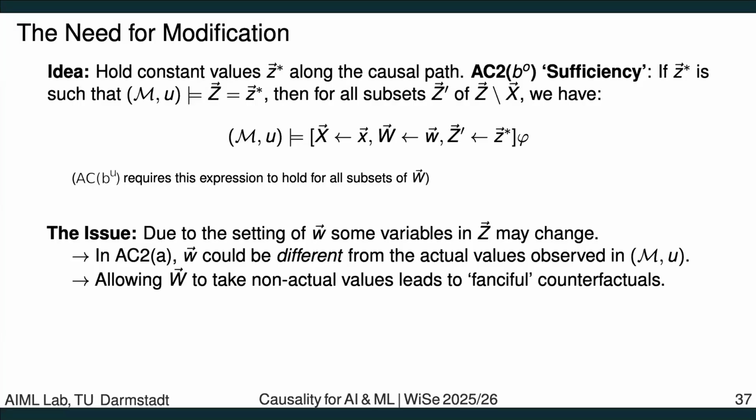Because obviously, if we had no restrictions, we could always change the outcome by directly intervening on the outcome, which doesn't tell us anything about the influence of X, or alternatively, if we also intervened on all the parents of this phi, then we also could change it arbitrarily. So somehow we need all of those sets and just find the right conditions, which interventions we want to allow, which values we want to fix in our counterfactual world.